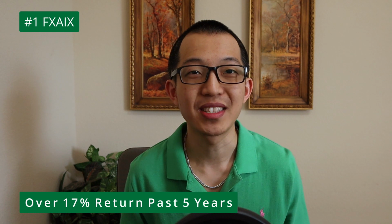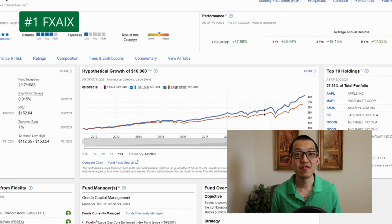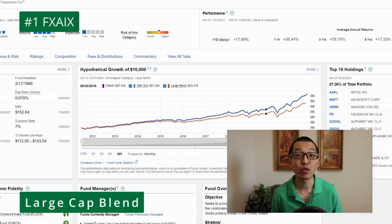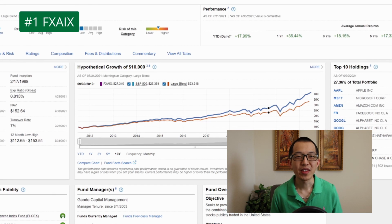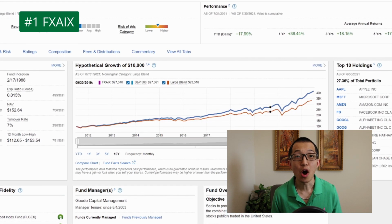While past performance does not guarantee future results, the historic return is above average, which is fantastic, and historic risk is low because you're investing in big name companies. So there will be fluctuation year to year, but it is an upward trend over time. The investment style is categorized as large cap blend, meaning there are both value and growth stocks. Top 10 holdings include Apple, Microsoft, Amazon, Facebook, Google, Tesla, Berkshire Hathaway, JP Morgan, and Johnson & Johnson, all large